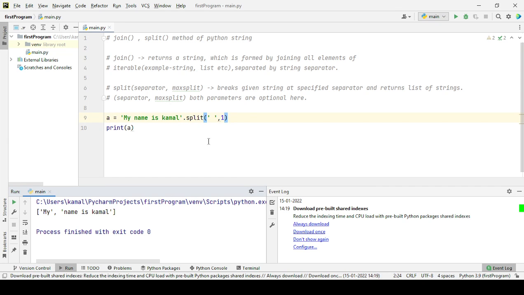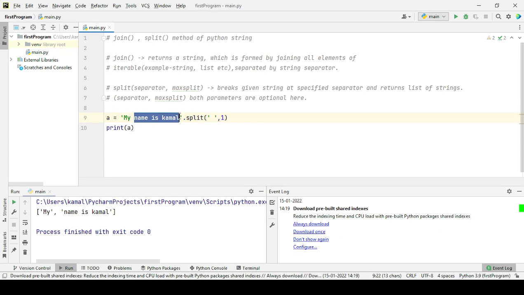It means whenever maxsplit is passed, the number of elements in the output list will be maxsplit plus 1. Like we are passing 1 in maxsplit, so the output list will contain 1 plus 1, meaning 2 elements. So maxsplit will be 1, only at one place is the split.